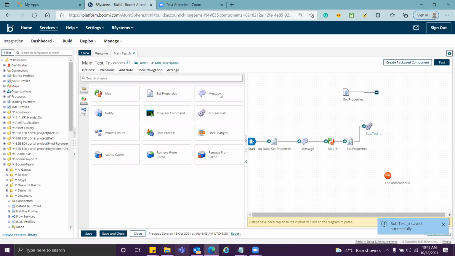So now in your assignment, add this thing as well, that you have to create a sub process, and that can be anything, meaning I just showed you for mapping. You don't need to do mapping, or you can have it anyway. All right, but you have to create a sub process and call it using a process call shape.